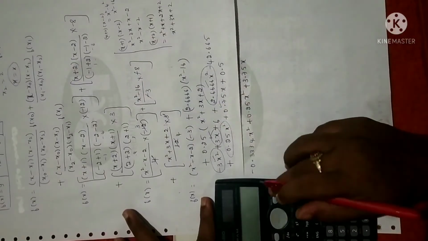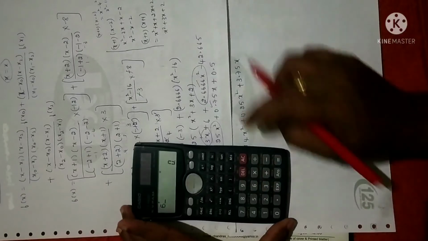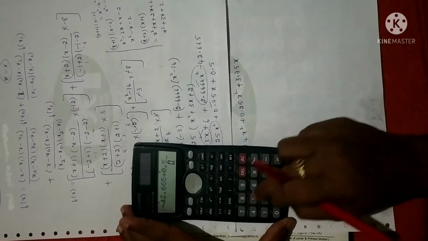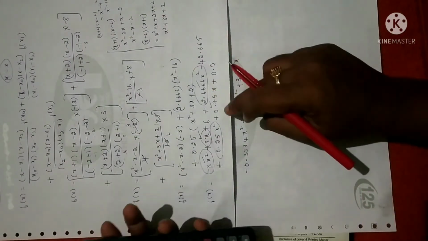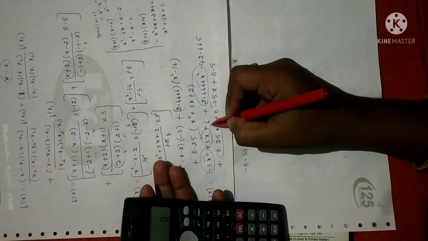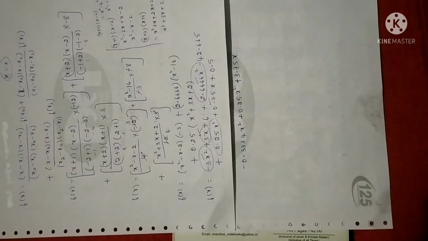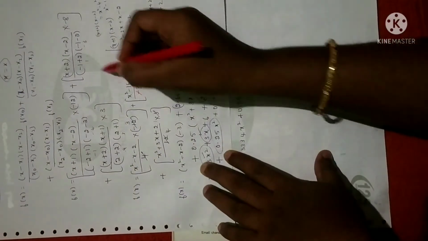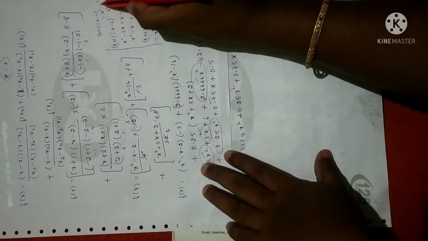Next the constants. See constant whatever is there, you just keep on simplifying. 6 minus 42.665 plus 0.5. That will give you minus 36.165. I'll show you once again. See here, what is the constant term? 6 plus 6. Fine. I'm sorry, I have done a mistake here. You just correct it. See here, it is of the form a plus b into a minus b, right? See here, a plus b into a minus b is a square minus b square.